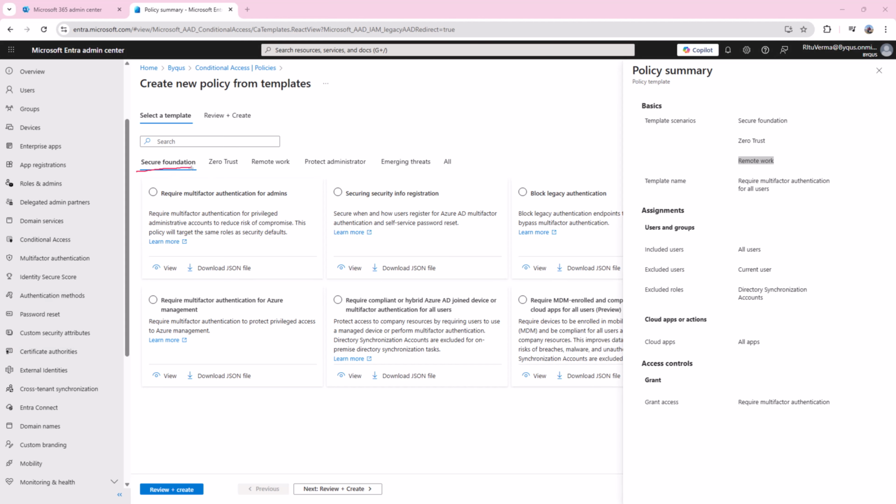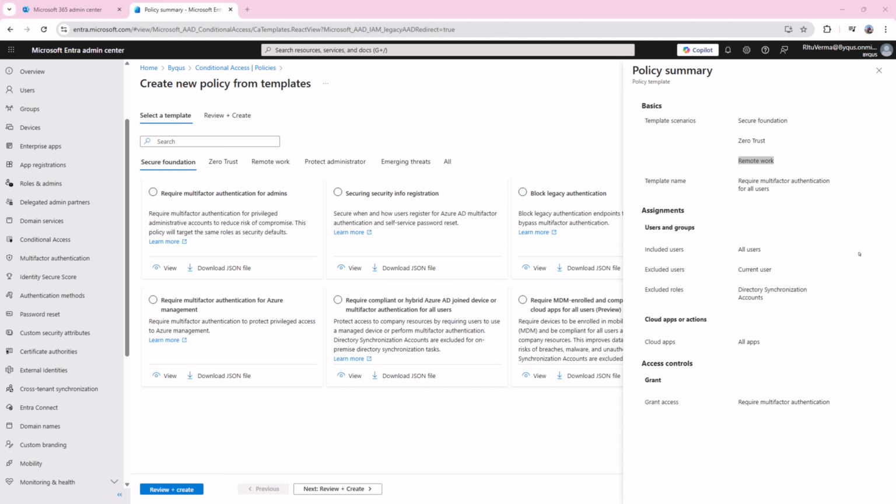Secure foundation, this template belongs to this zone. Zero trust, it is here, and remote work. All these three are the template scenarios and will protect the users here. Template name is require multi-factor authentication for all users.